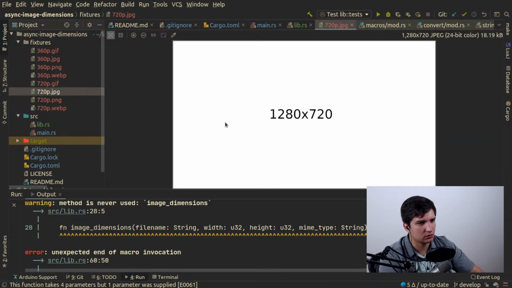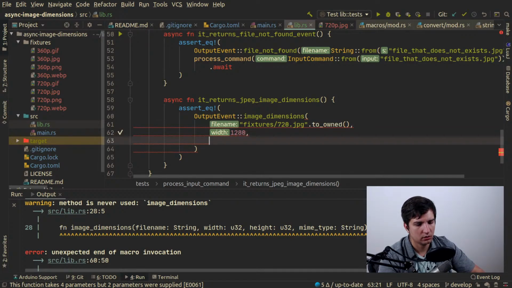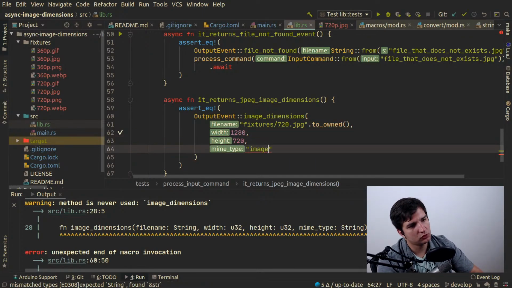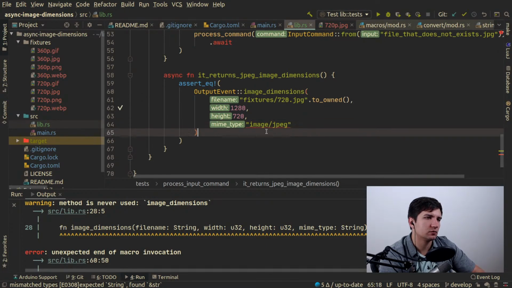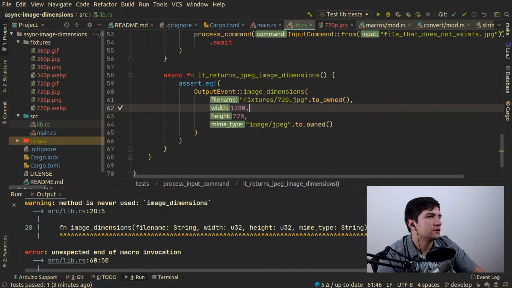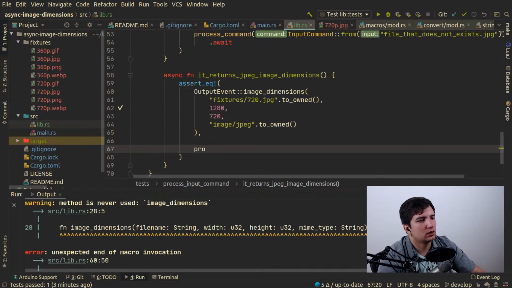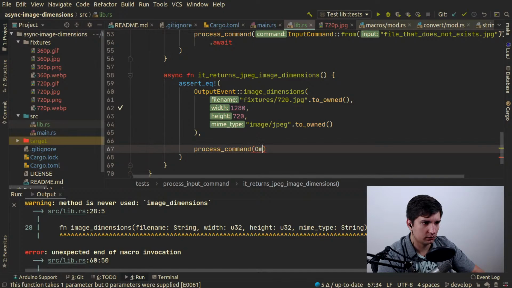So let's read the dimensions. 1280 by 720. All right, and the image type should be image/jpeg as a MIME type. So this is what I expect, and it also should be to owned. So this is our expectation, and it should be a result of the process command of input command